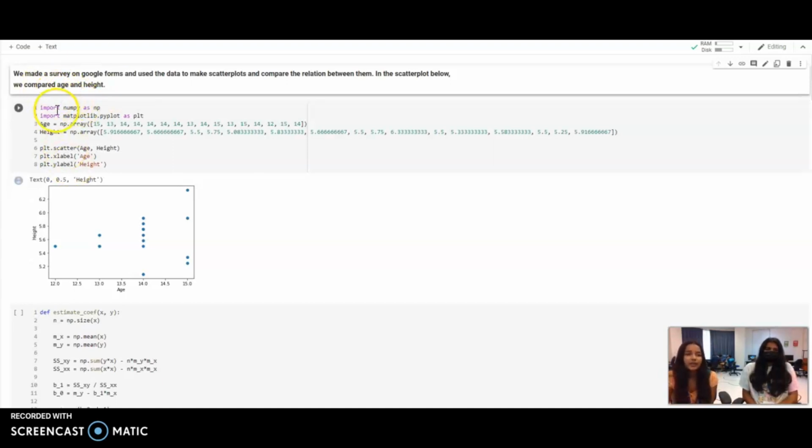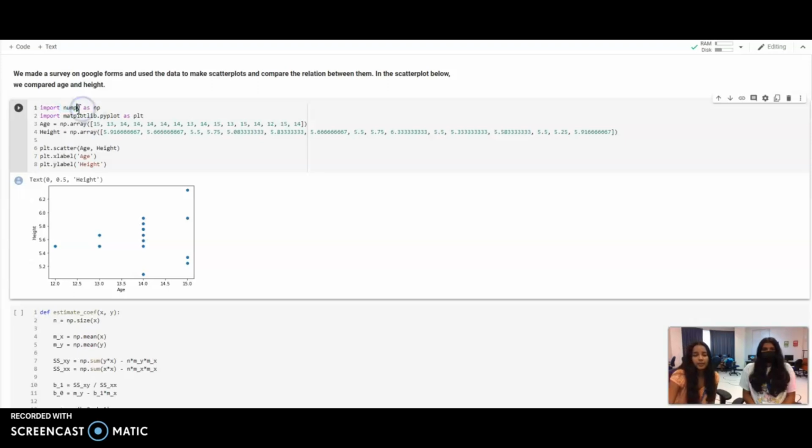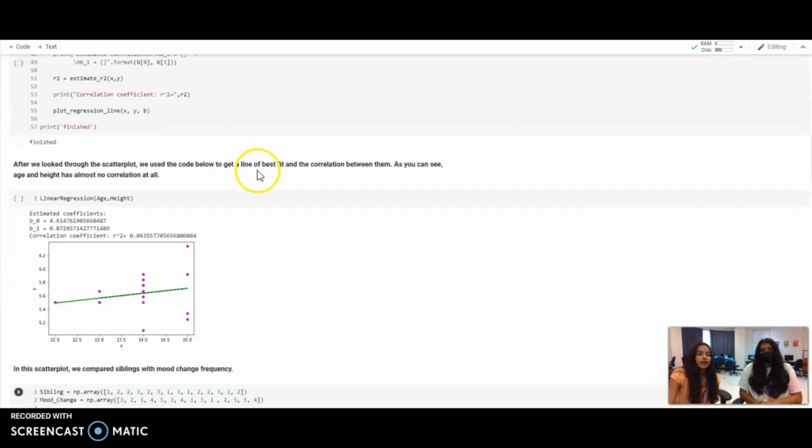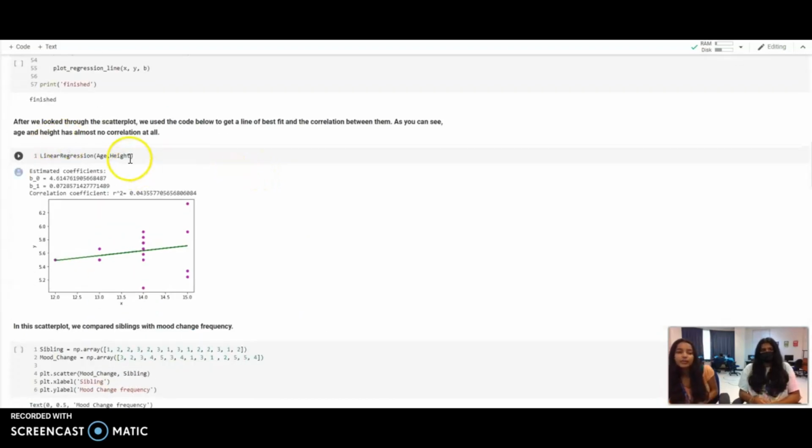And as you can see, we first imported the NumPy library, and then we imported matplotlib, which is another library. And then this is the data we got for age. And then this is the data we got for height. So the x value is the age and the y value is the height, and this is the scatter plot. And then we used the code below over here